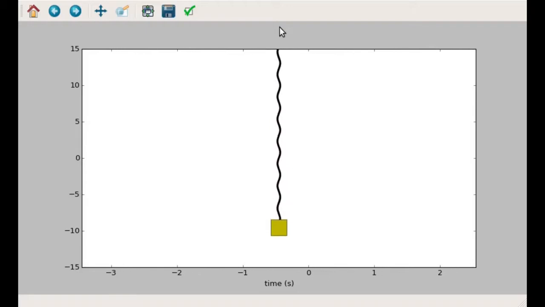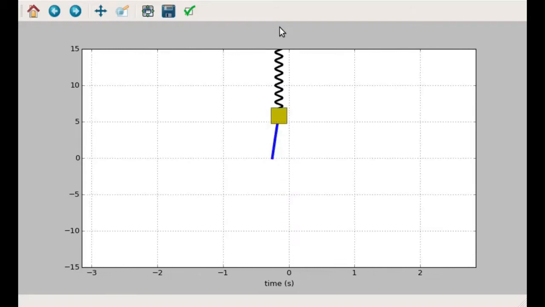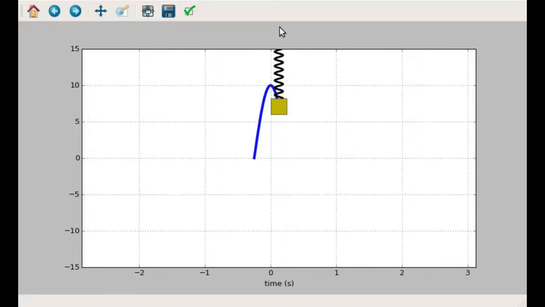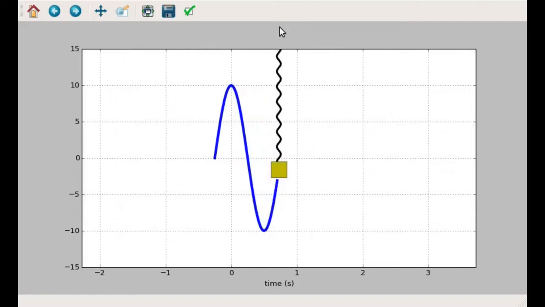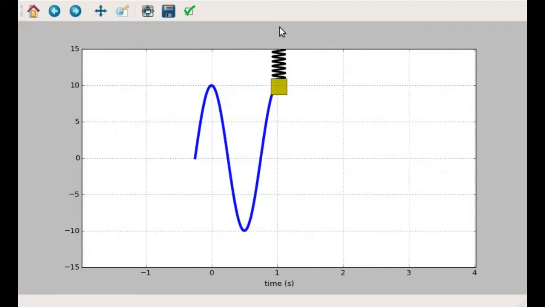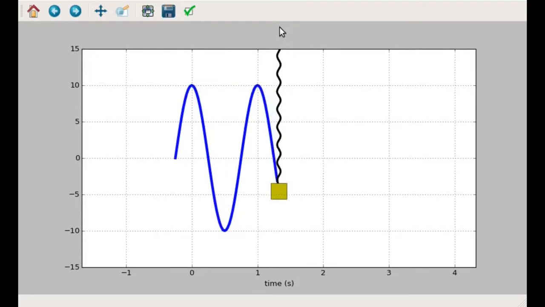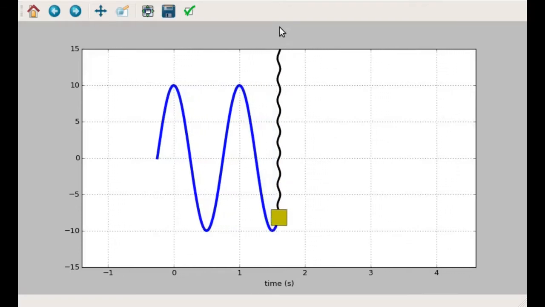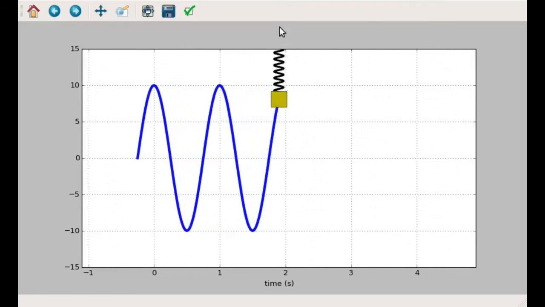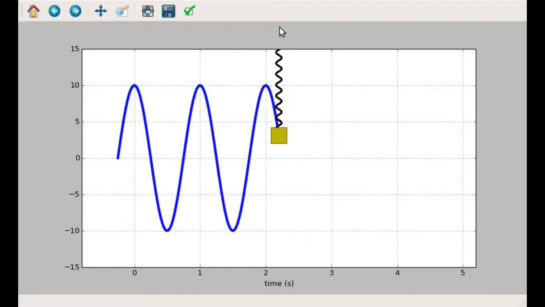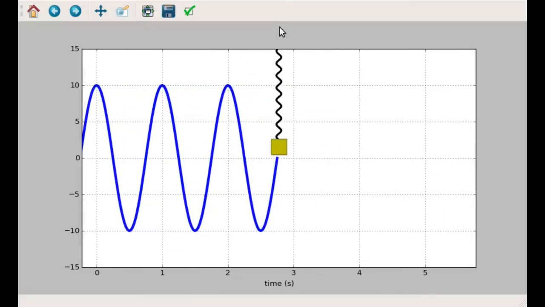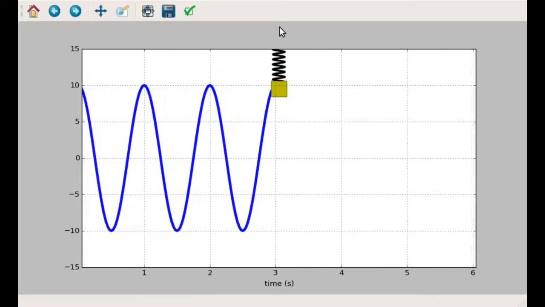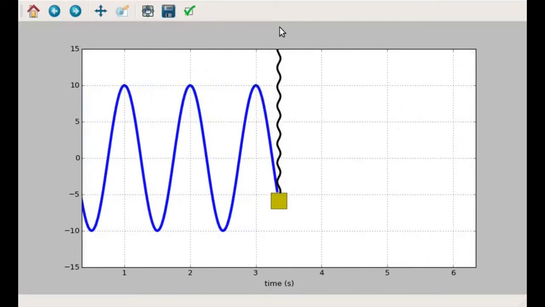The first thing we can do is attach a marker to the back of our mass as it bobs up and down. This way we can trace out its motion. Imagine the piece of frictionless paper is moving behind the mass as it bobs up and down. The motion is still one-dimensional, up and down only, but we're using the horizontal scale to represent time. In this case, our paper is moving about 3 centimeters per second, so 3 centimeters represents 1 second on this